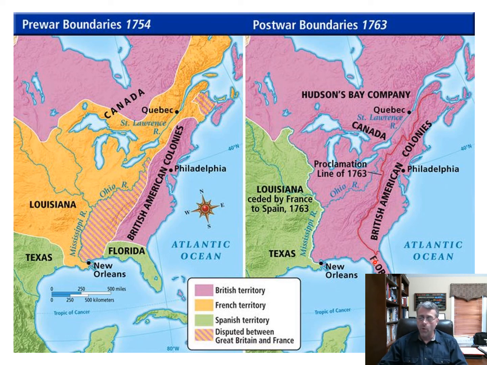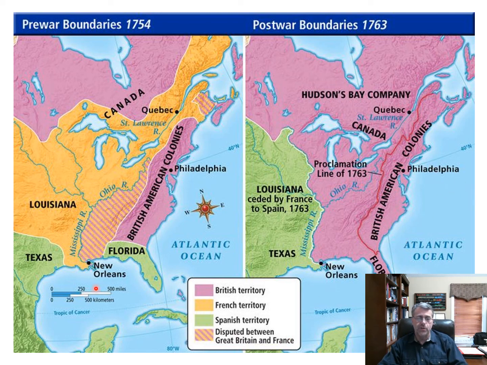Again, these are old issues back in Europe, so Spain sees an opportunity here, so they join forces with France, but it's too late, and it's not effective, and basically Spain ends up on the losing side. So for their role in the war, Spain is going to be forced to give up Florida. So now England controls this massive contiguous eastern half of North America. Everything east of the Mississippi River belongs to England now.